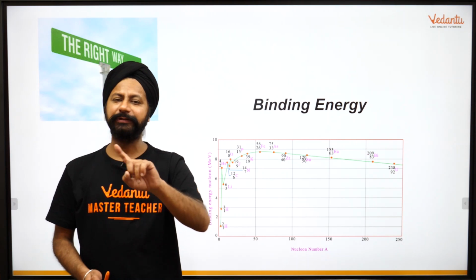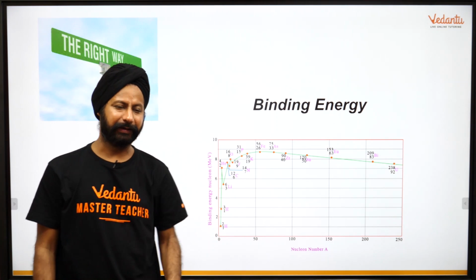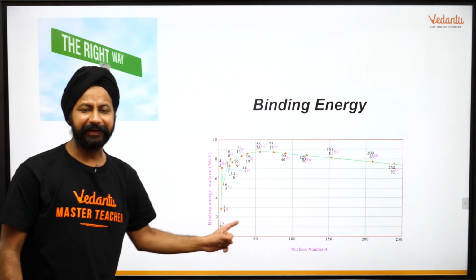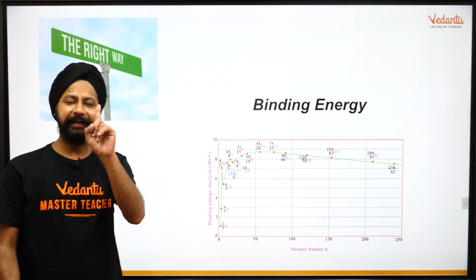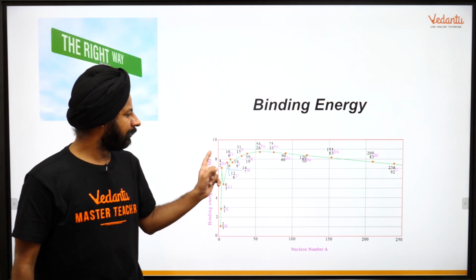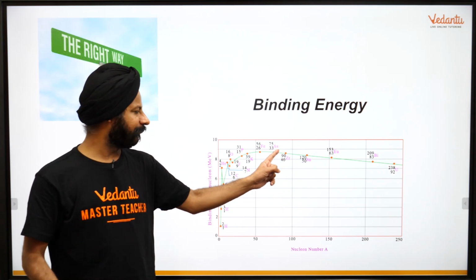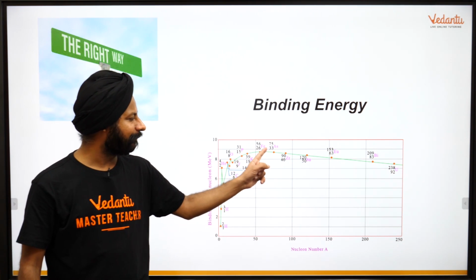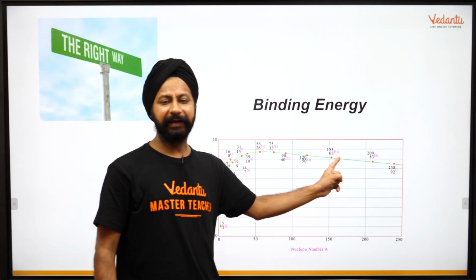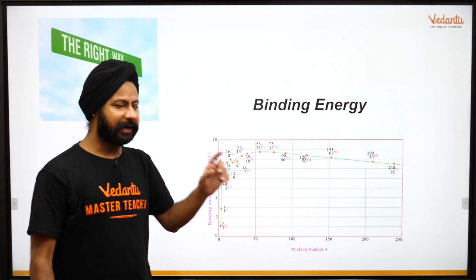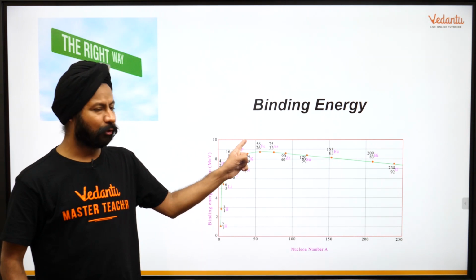And everything wants to go to a stable situation here. So as the mass number is increasing, the binding energy is increasing, it's going towards more stability. At a certain peak, as the mass number increases, and why so we don't have time for that, but for now understand, as the mass number increases, the binding energy starts reducing. But remember, everybody wants to have more stability, more binding energy.